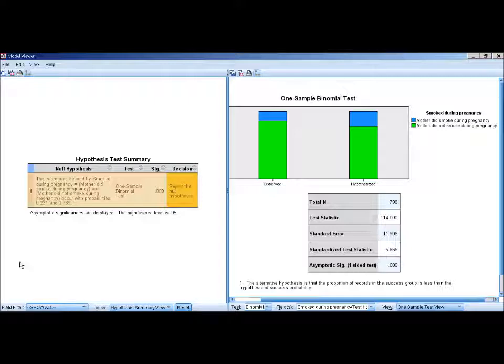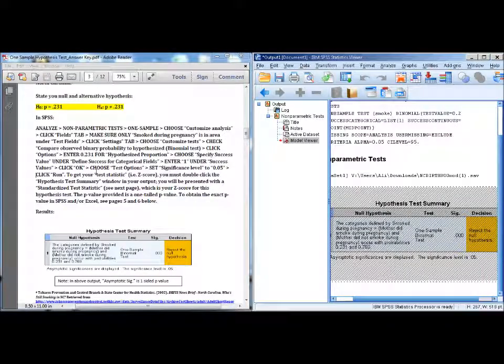If it was one-sided, we would only be interested in the p in one tail, depending on the direction of our hypothesis, whether we thought it was more or less. We would either be interested in the left tail or the right tail. So in this case, it's a two-sided test. So we have our z-score of negative,